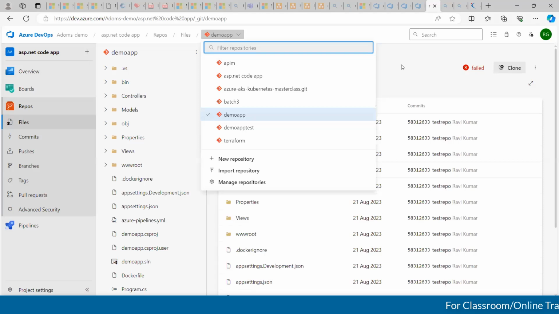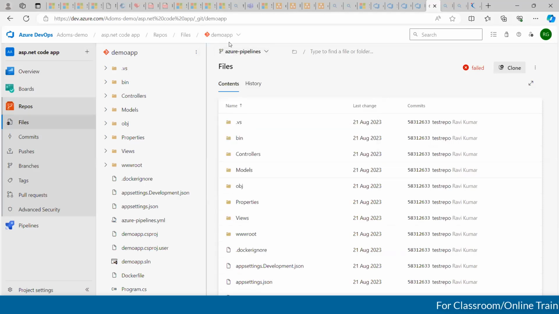So along with this, as part of this course, we are going to show you how to set up the pipeline using Classic Editor and YAML pipeline, as well as templates. If you have any idea about how to work with templates and Groovy scripts in Jenkins,